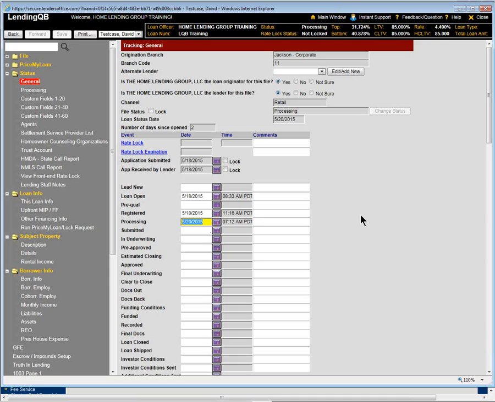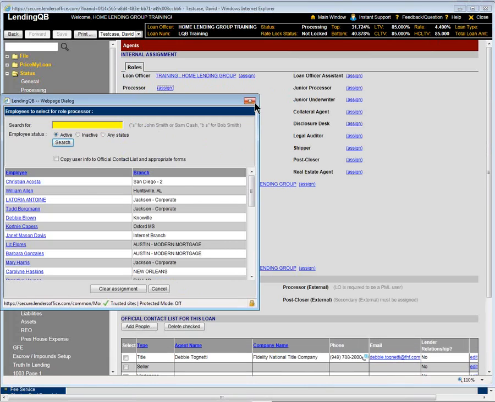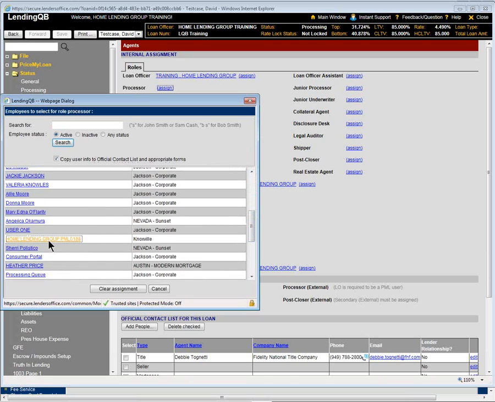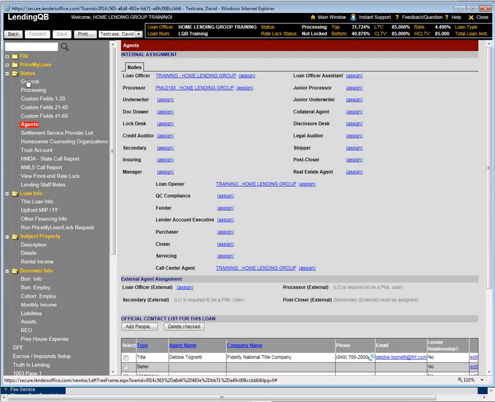But once you've been assigned to that loan, that's in processing, here on the agent's page, you would have been assigned. So I'm going to go ahead and just assign it to myself or to the test person. That's my persona for today. They could be assigning it to a processing queue, and then your manager is assigning them out to you. But this would be your name here,